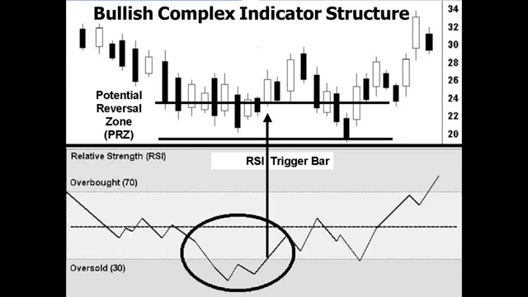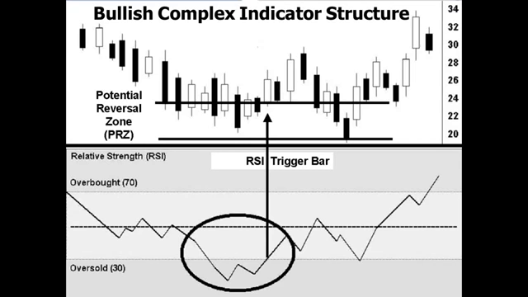The other type of indicator structure is the complex reading. Now, when we're looking at bullish complex indicator structures, these are going to be W-type structures in the oversold area. That is, the entire W-type formation occurs in the oversold area. This is different than impulsive readings because complex indicator structures require more time, more consolidation, but we want to simultaneously